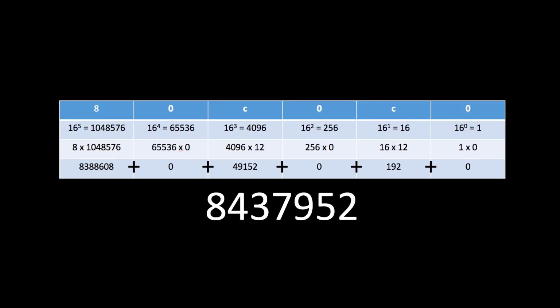Running these calculations will show that the actual value for the hexadecimal number 80C0C0 is 8,437,952. I hope that this has been a helpful guide to understanding how hexadecimals work and that you'll be more